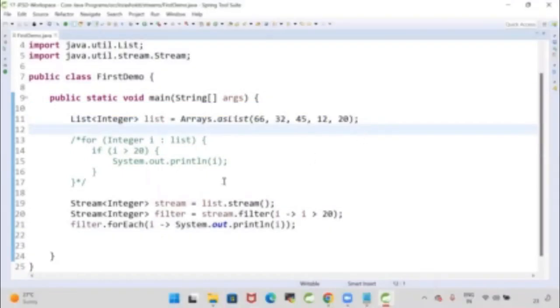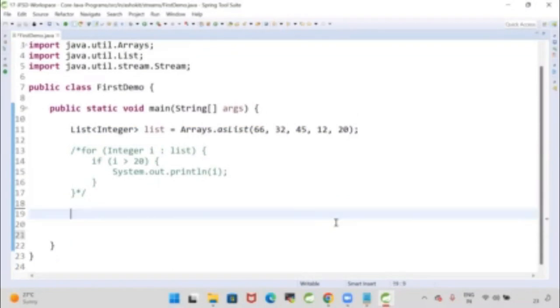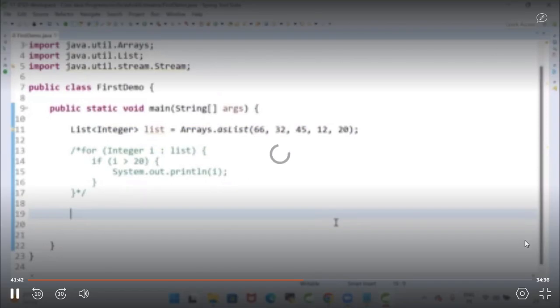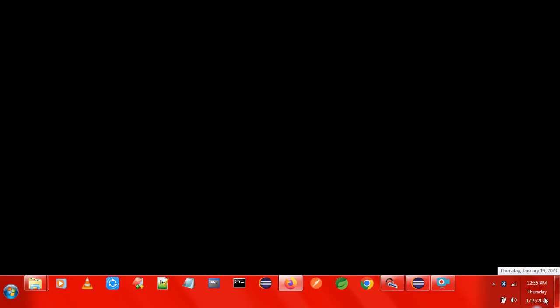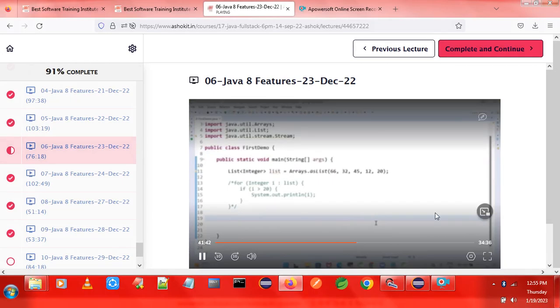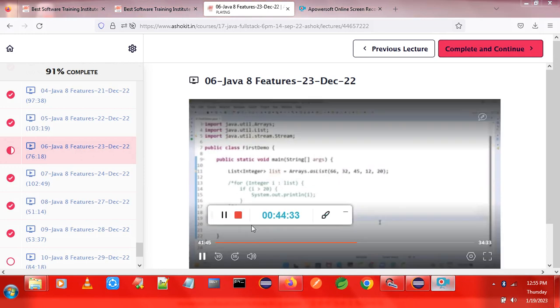Once that array list is created, from that array list I'm creating a stream, list.stream. Now see, once again I'm going to write the logic. I have an ArrayList class, a list object. From the list, I want to create the stream. To create a stream from the list,